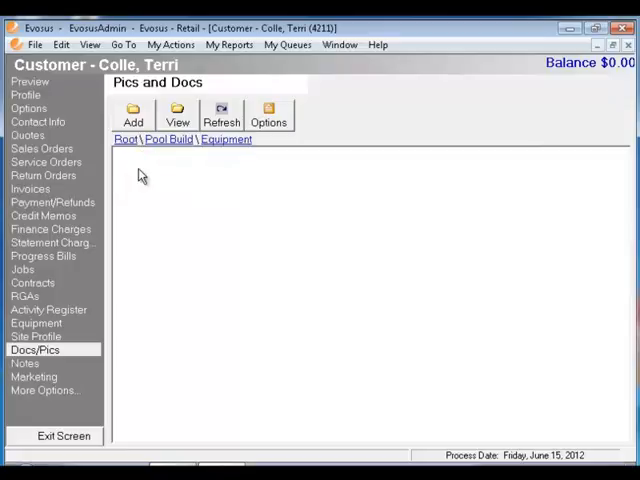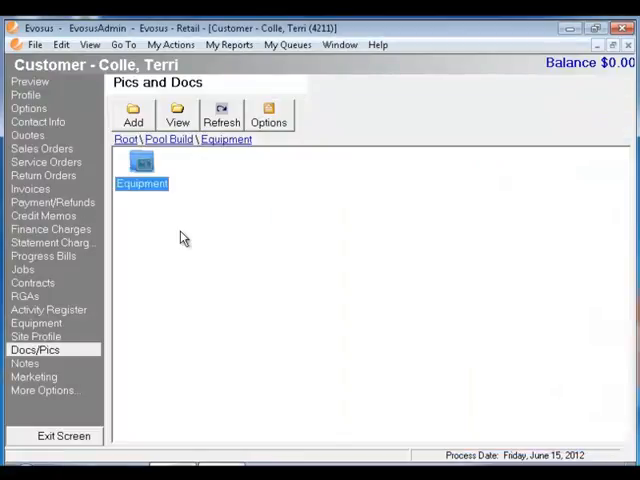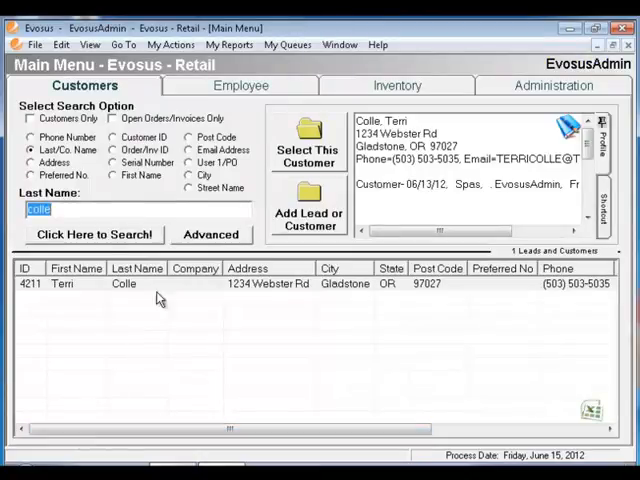Now I want to go back and add one more photo to the Equipment folder, and I'll just select that one and drag it over. Hit Exit Screen to save, refresh your screen,